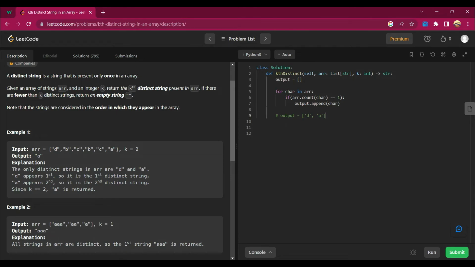What I will be doing here is checking if k is greater than len output. If it is, we have to follow this statement here: if k is greater than len output, then return an empty string. So I will be returning an empty string here, and else I will just return the output